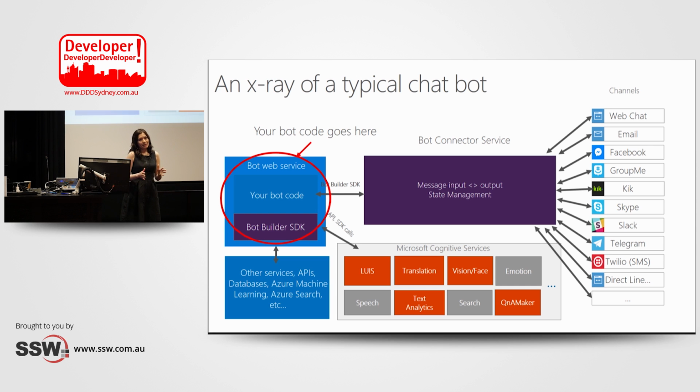What I'm trying to say is the bot connector acts as a proxy, and all of the messaging about handling different channels and different schemas, providing different schemas to communicate with different messaging apps, is handled in the bot connector service. And you don't need to worry. You don't need to have any if-then condition in your code and say, if the message is coming from Skype, do that, or read the data or parse data like that.